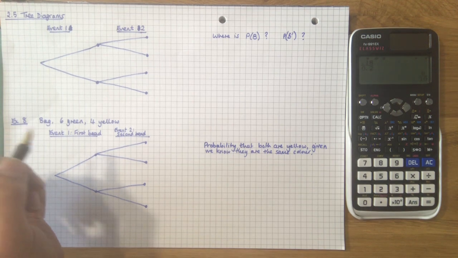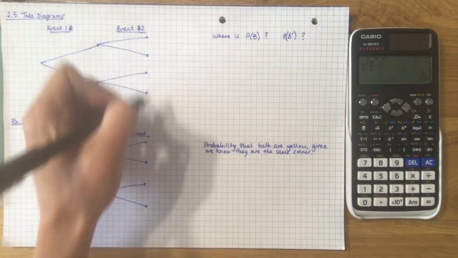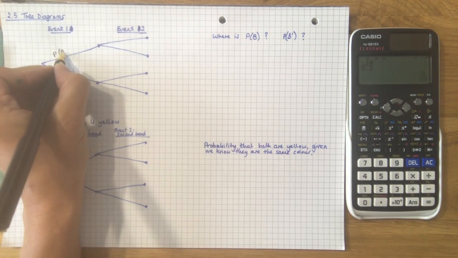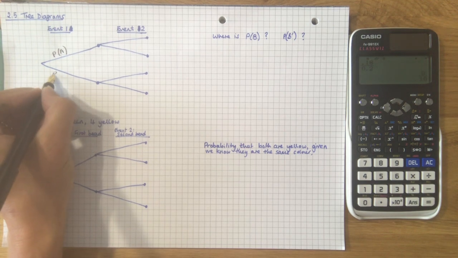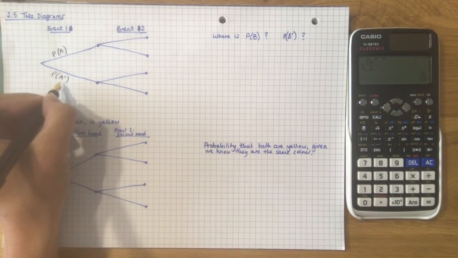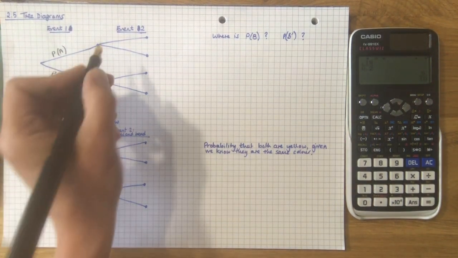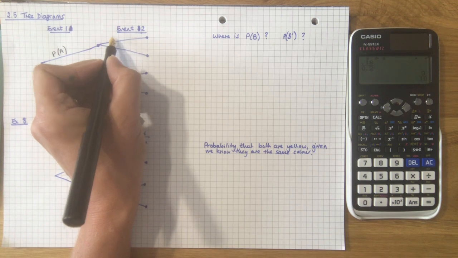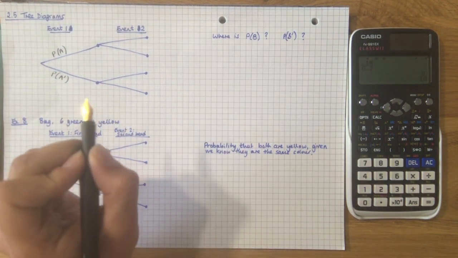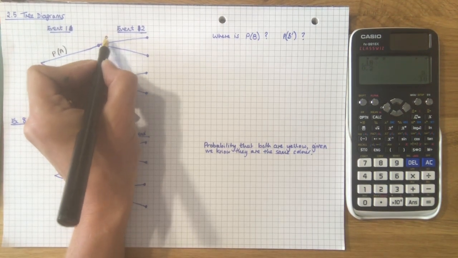So let's imagine we're talking about event A in the first pair of branches and event B in the second pair of branches. So this branch represents the probability of A occurring, and this one we know represents the probability of A not occurring, or remember we called that the complement of A. Now, it's very tempting to think here I'm going to write the probability of B and probability of not B. But that's actually not what's happening on these branches, because here this is the probability of B